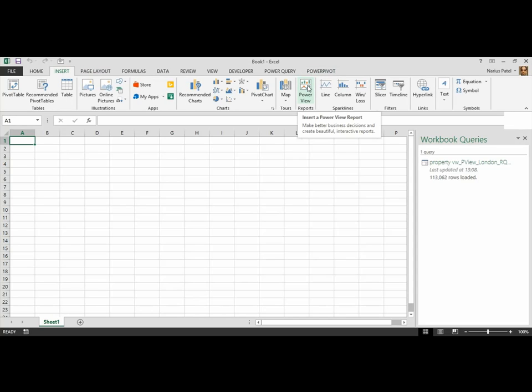I'm going to insert a PowerView. If you've got the latest Office and the latest Excel, you'll see that there is also a Map button. I'm going to be doing a session on Power Map in a few weeks' time, so I'll talk about that a little bit towards the end. So if I now go to PowerView,